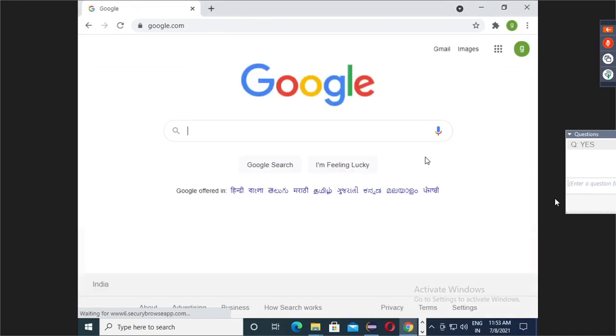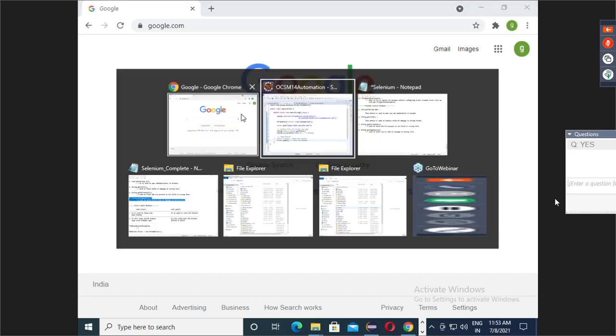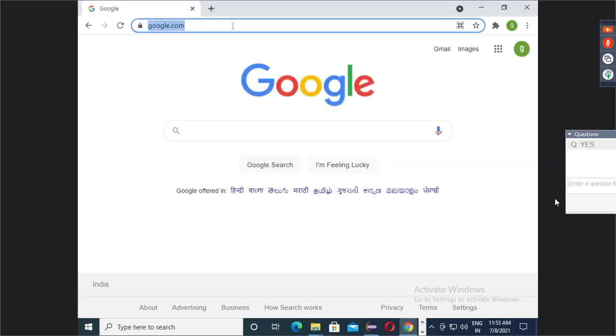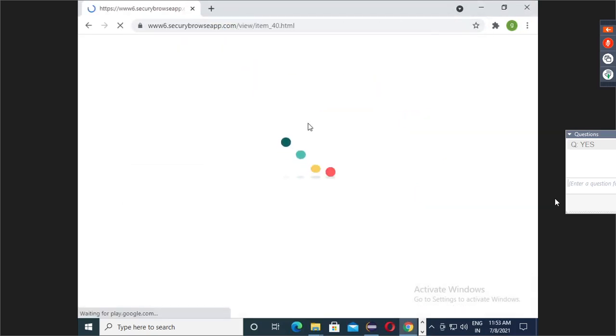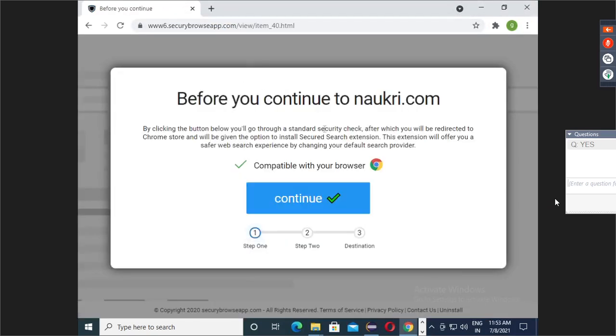Just wait, maybe some new version of Chrome is having some issue. Now let's say I am opening Naukri.com.